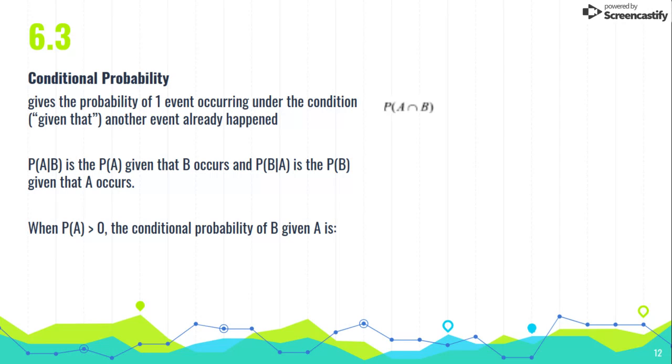So the probability of A given B is the probability of A given that B occurs. And the probability of B given A is the probability of B given that A occurs. That just means B already happened, and what's the probability of A occurring? Or A already happened, and what's the probability